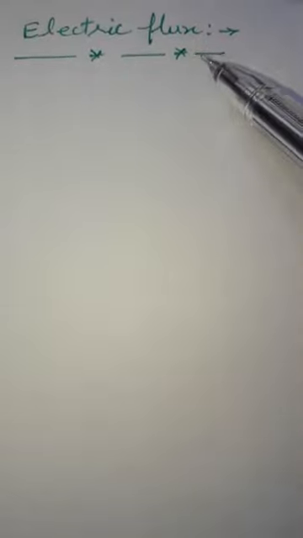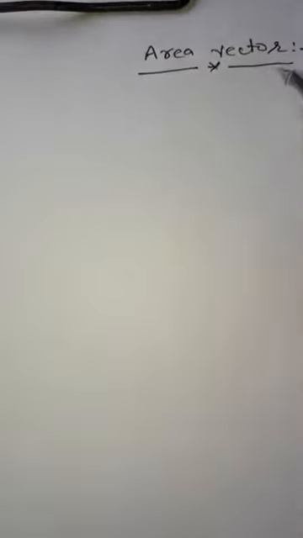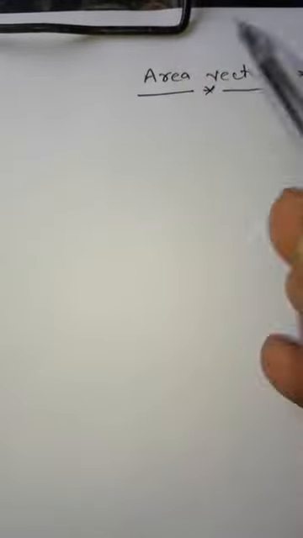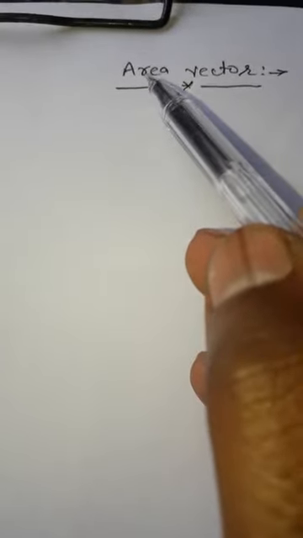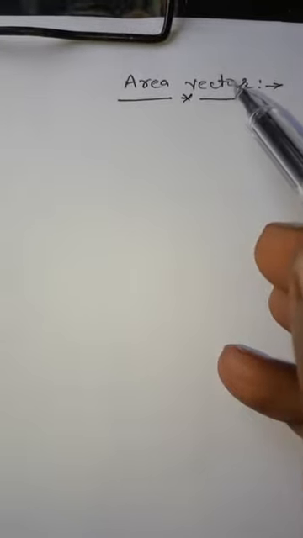Hello, students. Good morning. Today's topic is electric flux. So, before starting this topic, let us see something about a well known quantity, and this quantity is, say, area vector. As we already studied about area in the earlier classes, that area is a scalar quantity. But when this scalar quantity is represented by some directions, then it becomes a vector and hence known as